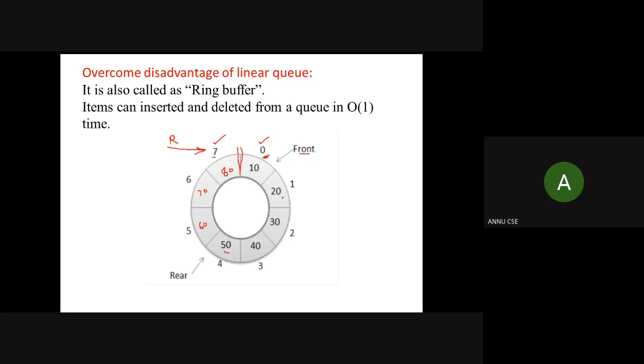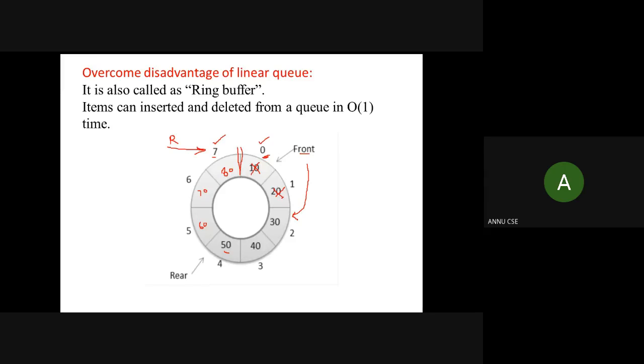Let's suppose I want to delete some elements from this queue. We follow the same way for deletion: to delete a single element we use only the front end. The first element to be deleted would be 10, and the next would be 20.